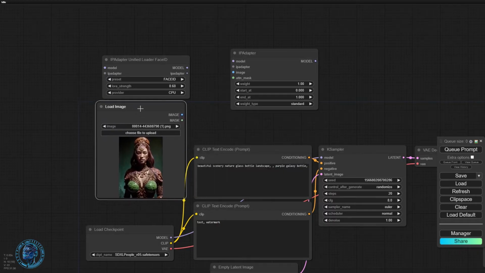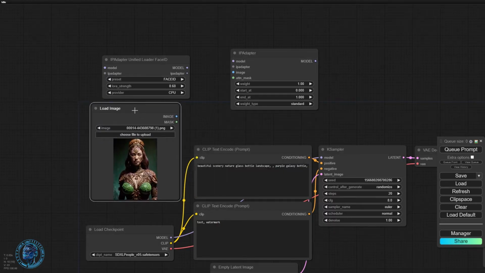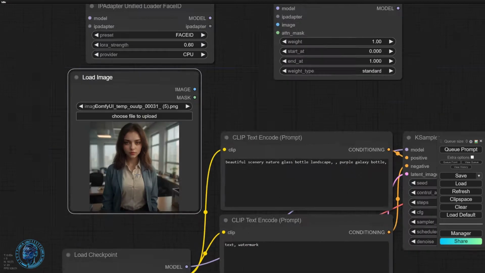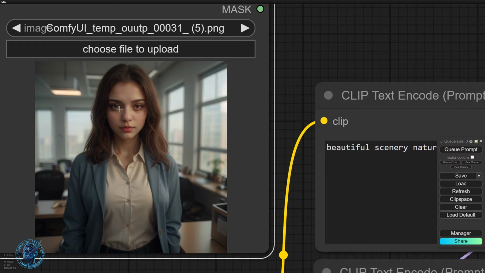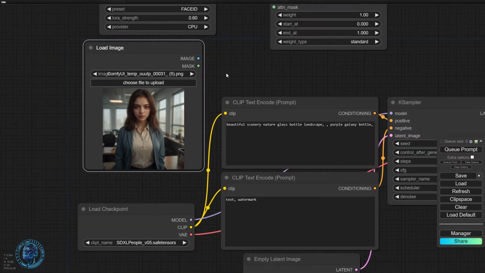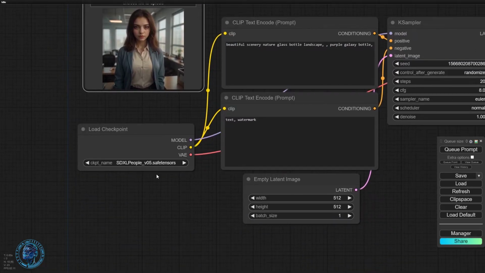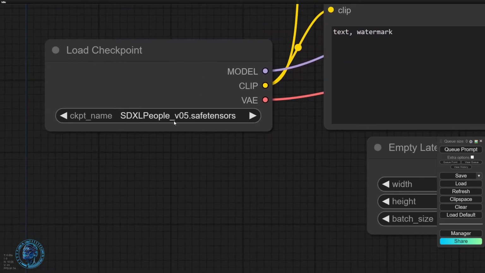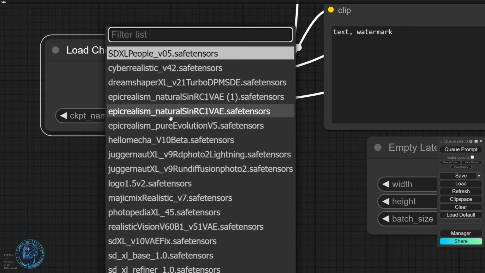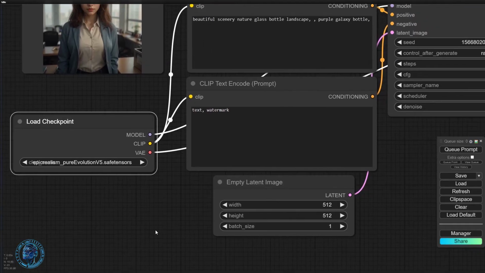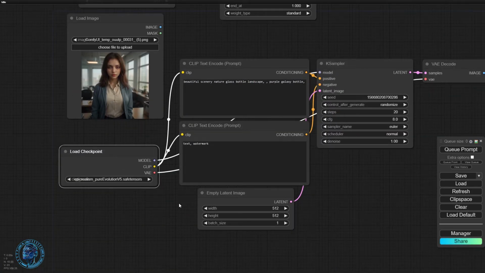So we're gonna load image here and we need to choose the picture. So just choose the picture we want. I wanna choose this one right here. And today we're gonna make this girl in different part of environment. Whatever we wanna do, we're gonna do that one. And first thing is first, we go to checkpoint here, and I'm gonna choose this one. This model I'm gonna choose, and after that, this model